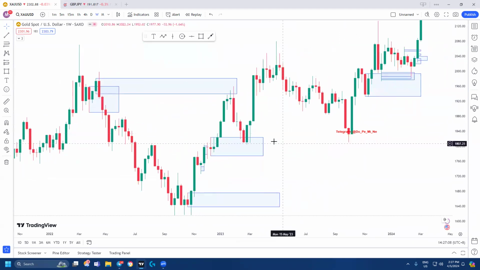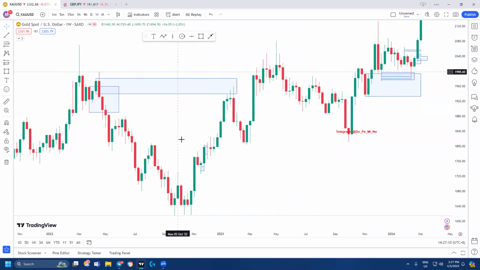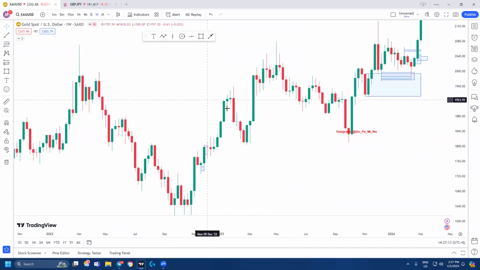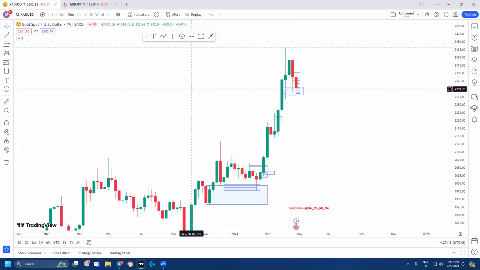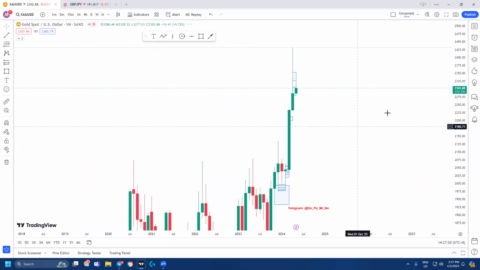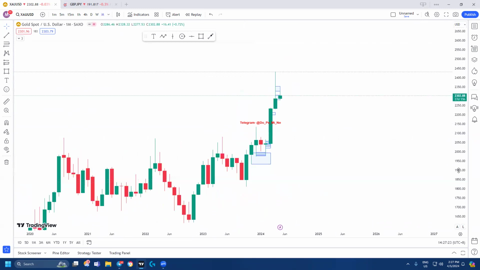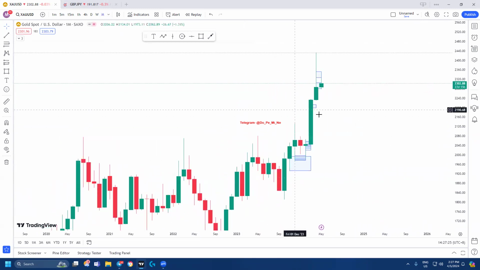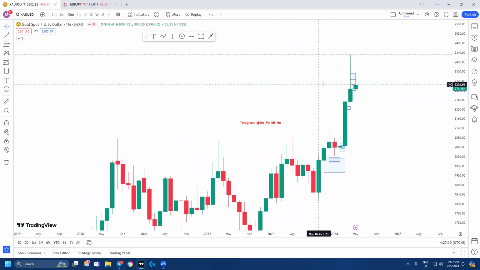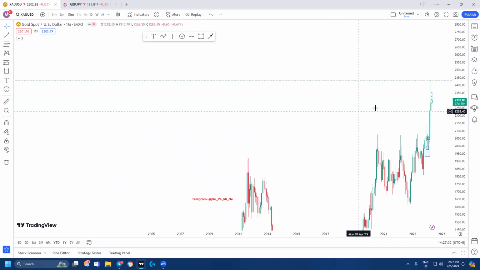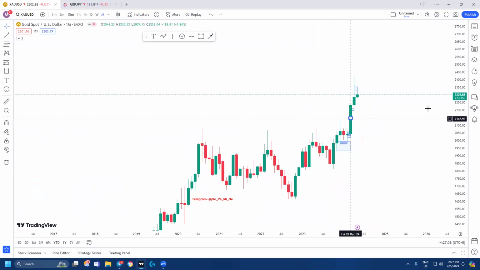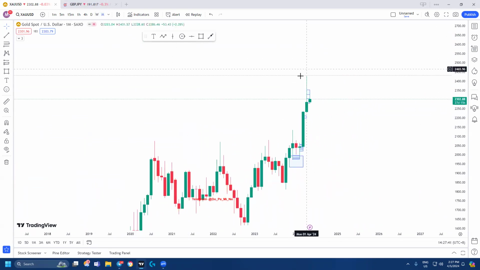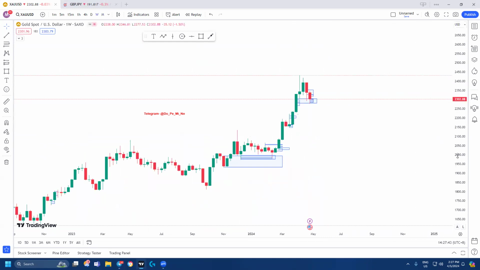Later I will show you, because this point is very far, so I cannot go to the lower time frame. Okay, before we start mapping, at this time it is already at the all-time high, so we don't have any zone. You look to the left, we don't have any zone, right? So at this time we just go to the lower time frame, like you go to weekly.